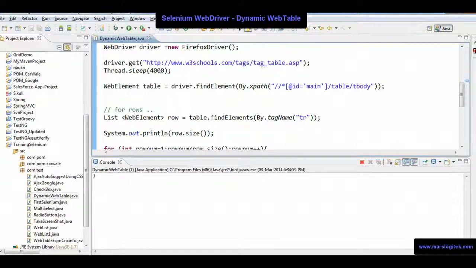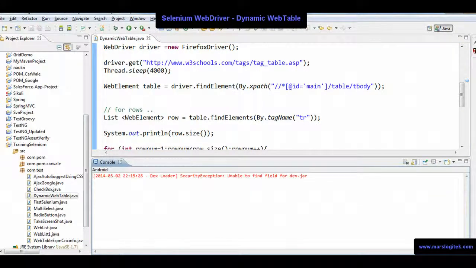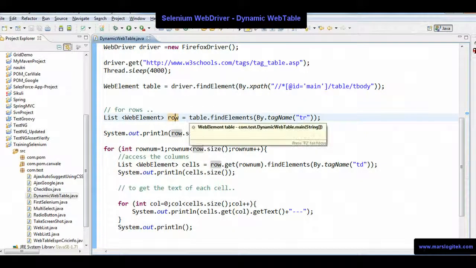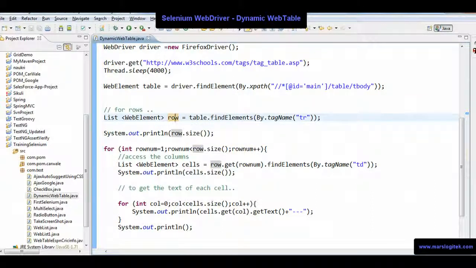So what went wrong? I really don't know. Okay, let me check it out. Something is missing over here. Element table. This is my list of element rows. I'll say table dot find elements by tr, the tag name. Why is it giving only one?